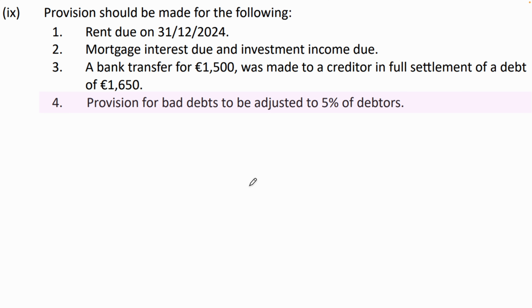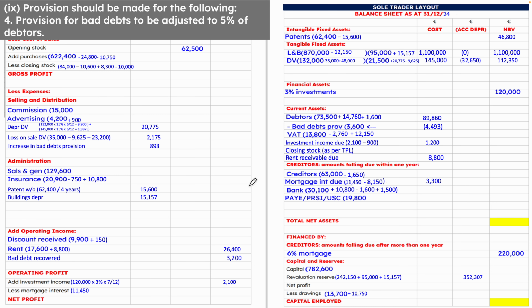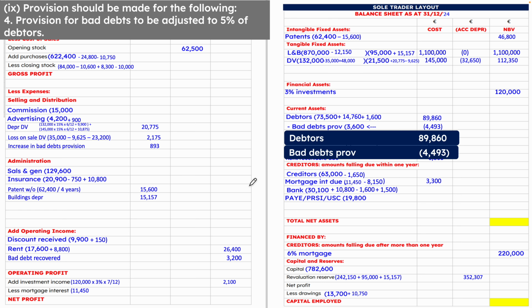And then the last one says provision for bad debts to be adjusted to 5% of debtors. So we tot up what our debtors figure is in total after all of the adjustments. So you see we had 2 adjustments to our original debtors figure of 73,500. So our total debtors figure there is 89,860. And when we multiply that by 5%, because we've been asked to adjust it to 5%, we get